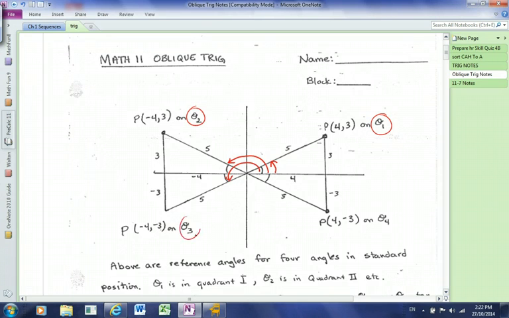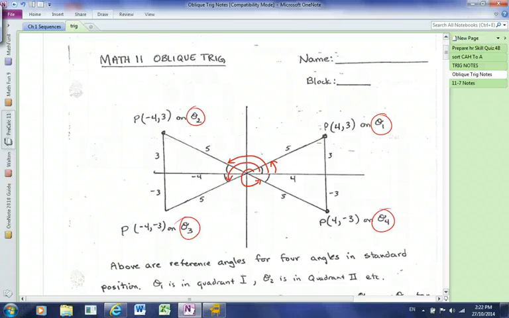This would be theta 3, right? And then all the way around, but not quite to 360 degrees, would be theta 4. So I don't need you to draw that on here. You don't need to draw that. I just wanted to make sure we understood that this drawing is more looking at the reference angles, not the